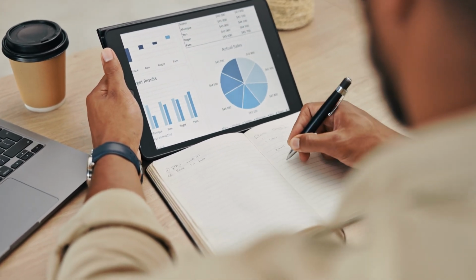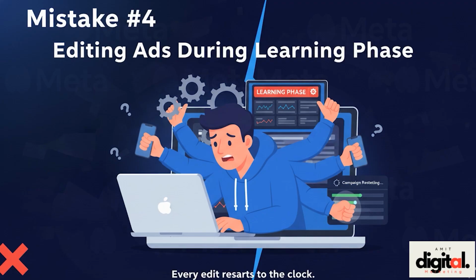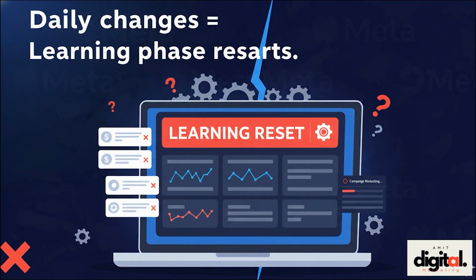And last and most important, making constant changes during the learning phase. Many advertisers keep tweaking their ads every day, changing the audience, copy and budget. Every time you do that, Meta resets the learning phase again and again. And how can you fix this?